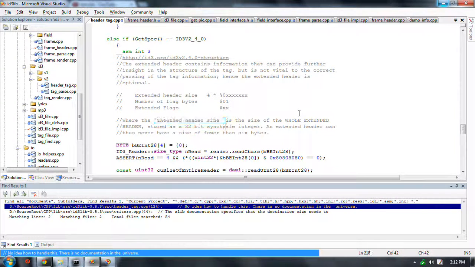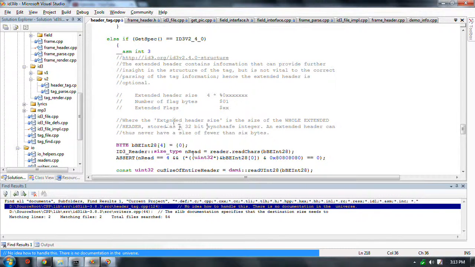Extended header size stored as sync safe integer. Now remember I talked about this unsynchronization and so on. That's why they use this thing called int28. A 28-bit integer stored in 4 bytes, and you ignore the first bit of every byte. And that way you can never get 11 bits in a row. So those are numbers that are synchronization safe. Okay, you don't really need them in this case, but